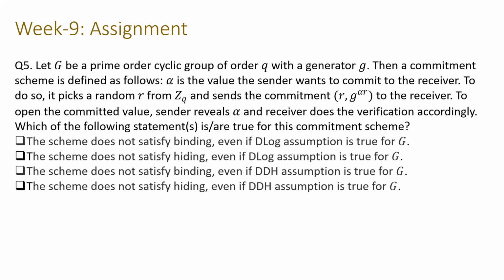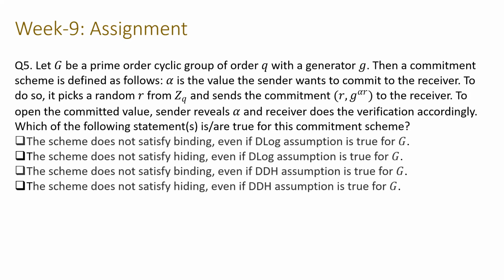negligible probability. And the binding property says that the adversary has already received the commitment. So here actually the adversary is the sender. When you are talking about the binding property, you assume the sender to be corrupted and the receiver to be honest, in contrast to the case of the hiding property, where you assume the sender to be honest and the receiver to be corrupted. So coming to the scenario of the binding property, here the corrupt sender, which we can call the adversary,